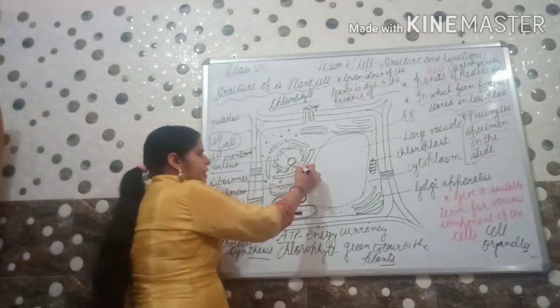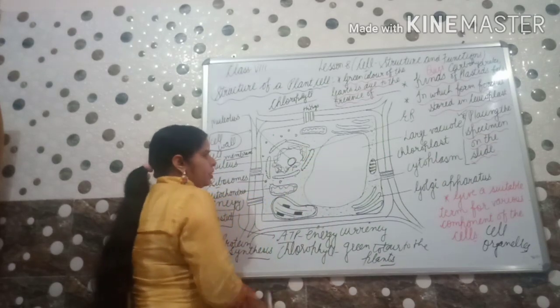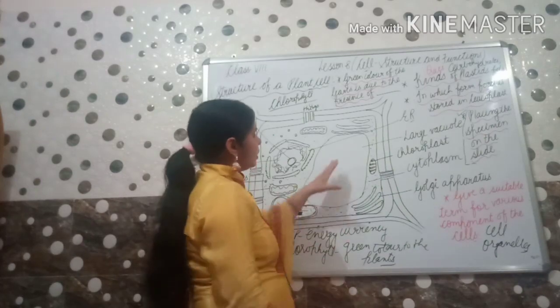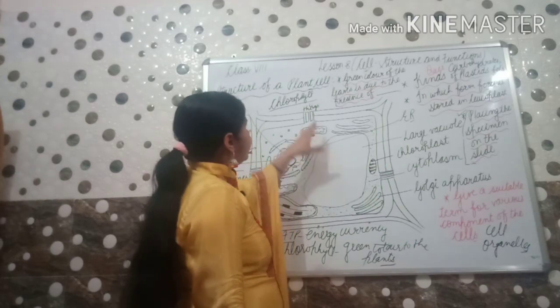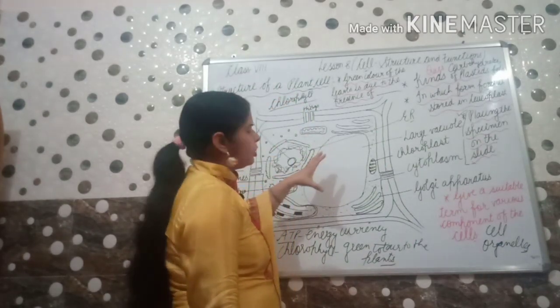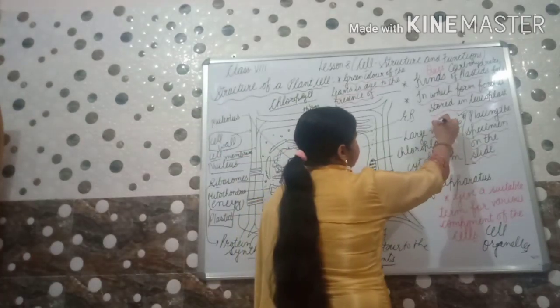You can see at the surface of endoplasmic reticulum these are present. What are these? Ribosomes, जो किसके साइड से हैं? प्रोटीन सिंथेसिस की. Here you can see a large space is there. It is there in the plant cell. जो large structure है, वो क्या है? Vacuole. Vacuole is there for the storage purpose.